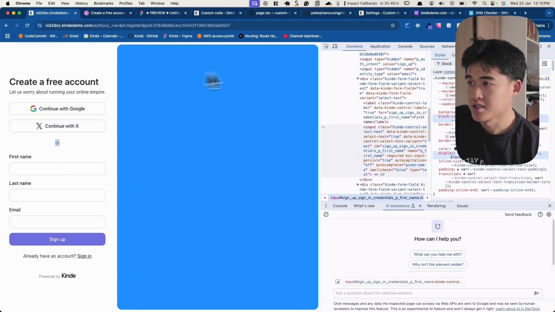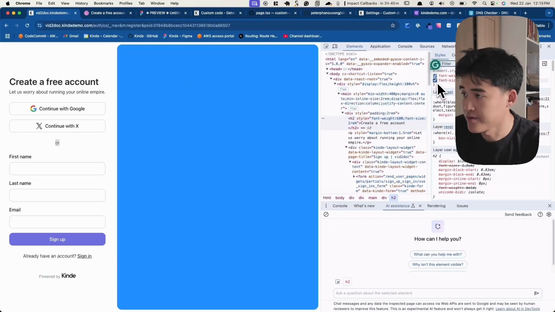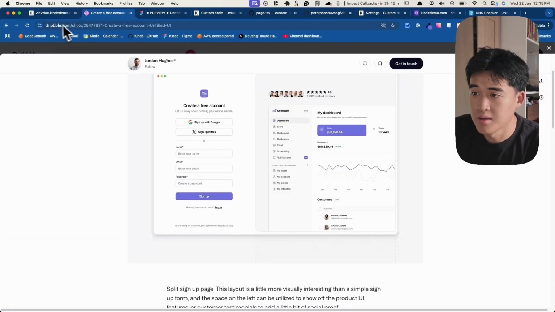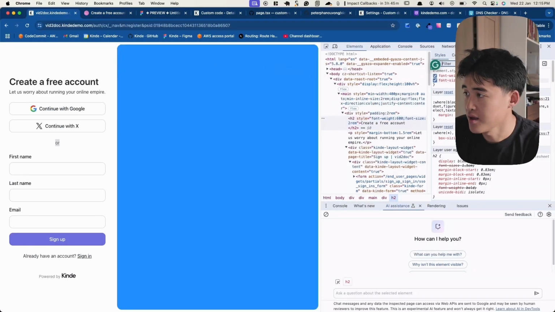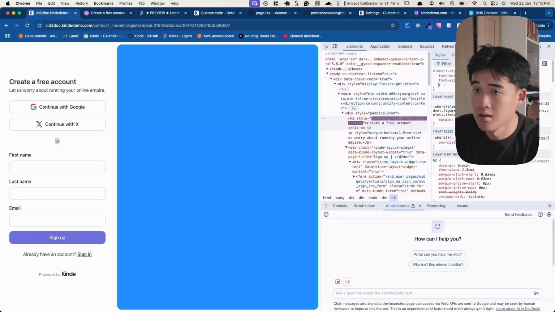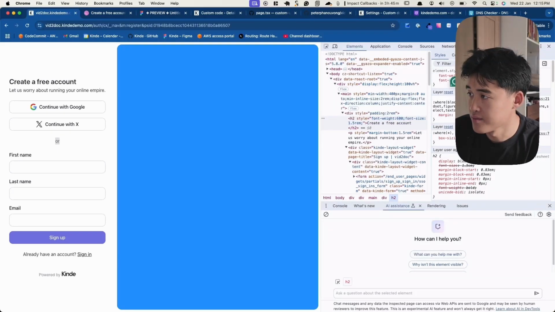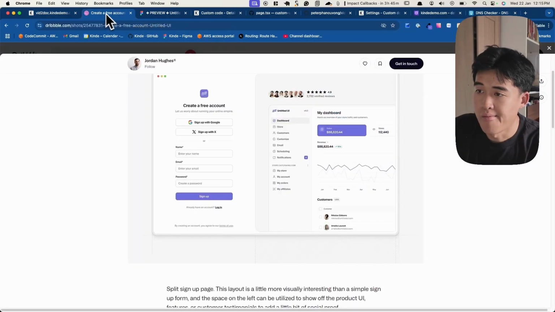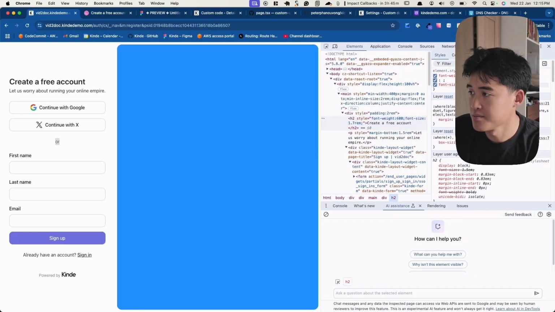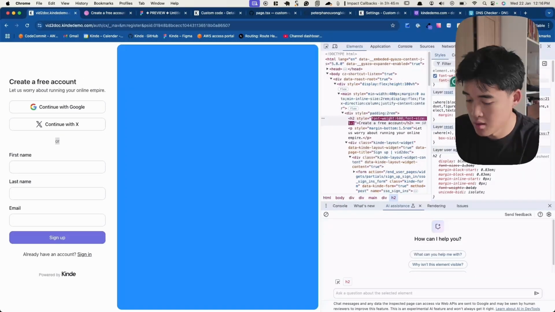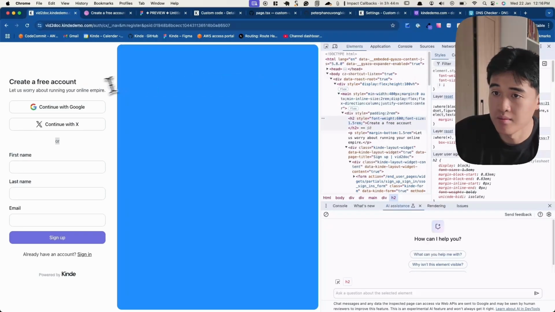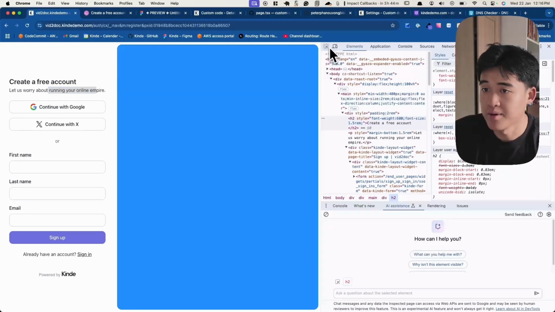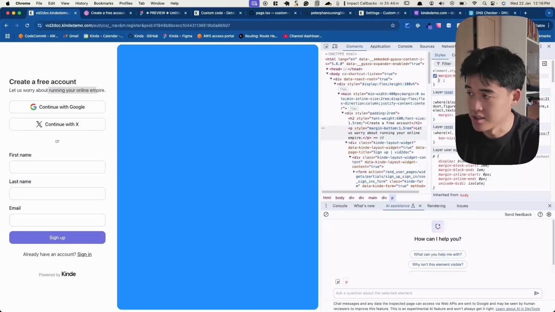All right, let's update this typography, like font weight, font size 2 rem. Might be a bit too big. I think 1.5 might do it, or 1.7 or something like that. Maybe 1.7. No, 1.5 will do it. 1.5 rem. And then this online empire bit, let's make this font size